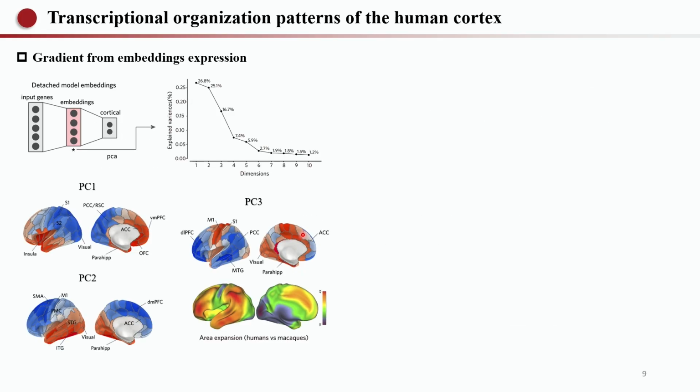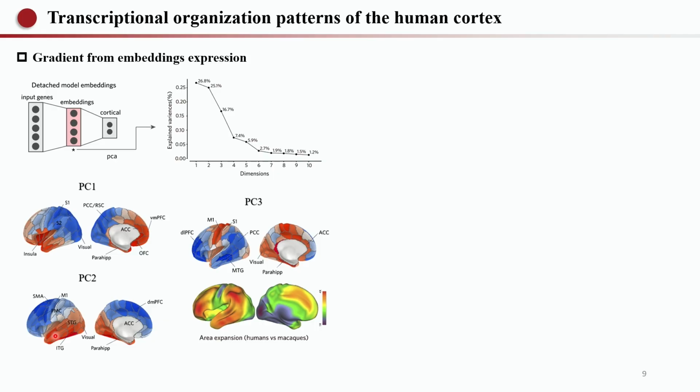Furthermore, we want to examine whether the region-specific latent embeddings could effectively capture the brain's transcriptional organization, which is often defined by transcriptional gradients. To this end, we applied a PCA decomposition to the transferred latent embeddings, and we found that the first three components explain over 68% of the variance in cortical transcriptional organization. Specifically, PC1 shows a transition from the frontal to visual, and PC2 similarly has a transition from the visual and temporal to frontal